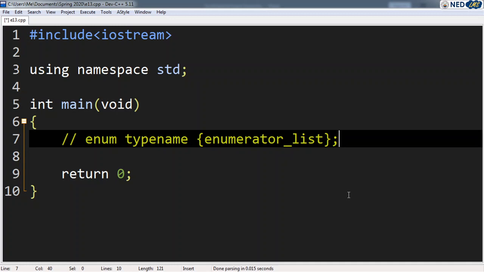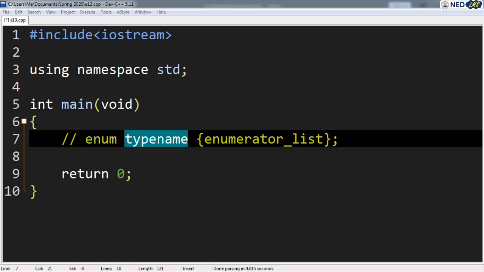So in the C++ language, enum is a C++ keyword, and type name stands for an identifier that names the type being defined, and